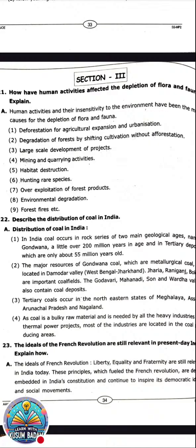Next one, forest fire. Sometimes this is a calamity which happens suddenly, and because of forest fire, animals and plants die out. Plants burn, and the flora and fauna are getting extinct because of forest fire also. This answer you can make in your own words, just recall it twice or thrice. You can write the answer if you get the same question.